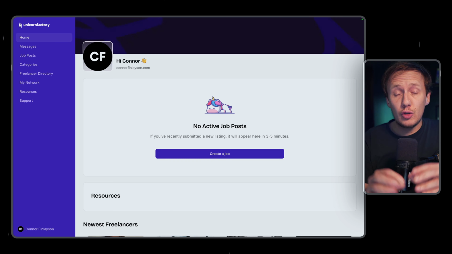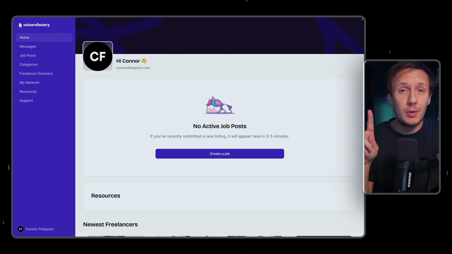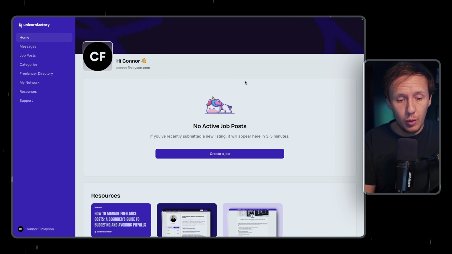Okay, so as I have a two-sided marketplace, I actually have two different portals. One portal is for my clients, and then the other portal is for my freelancers. So let's first of all start off with the